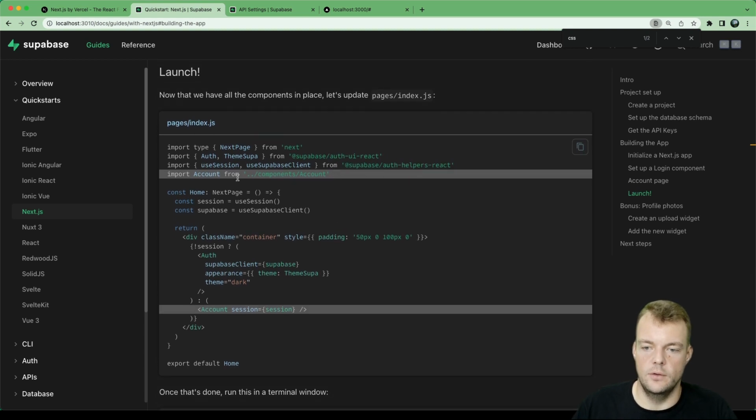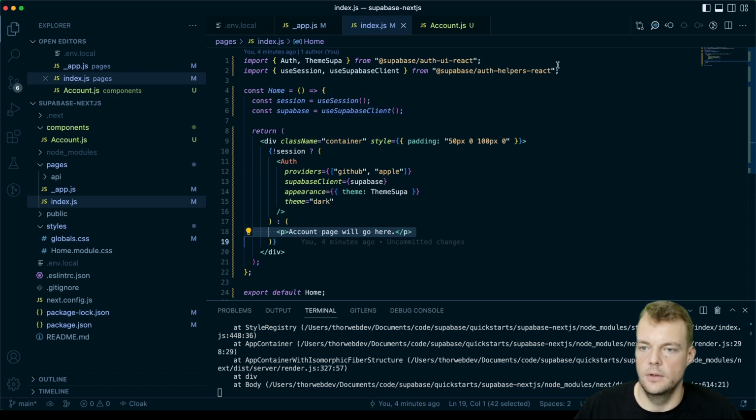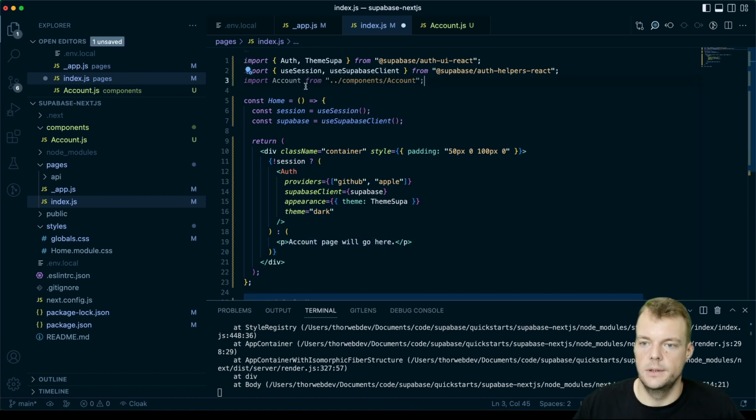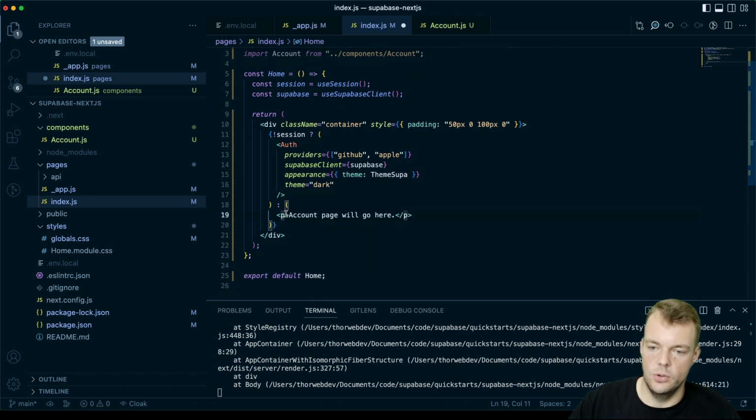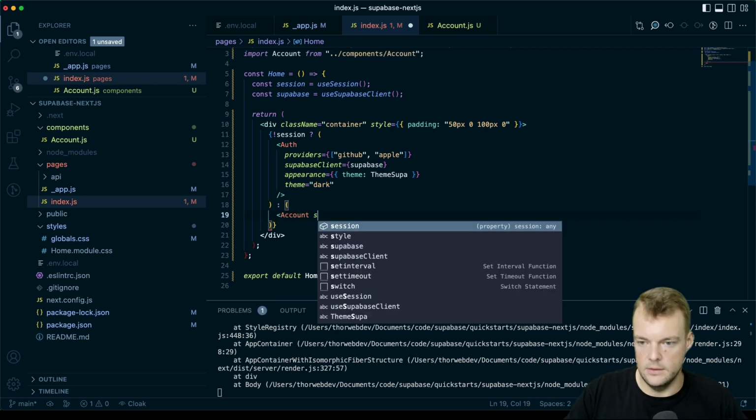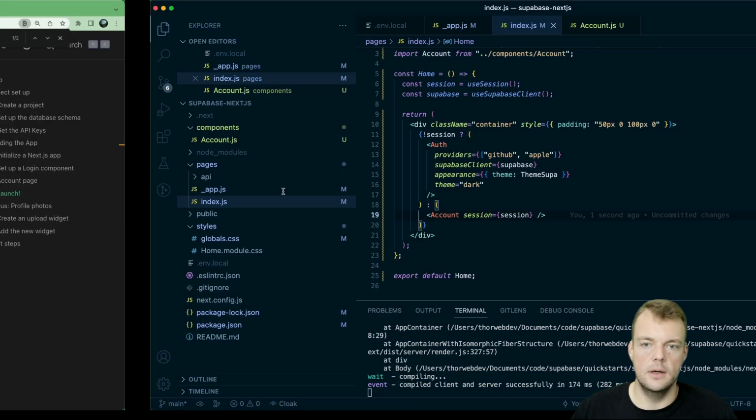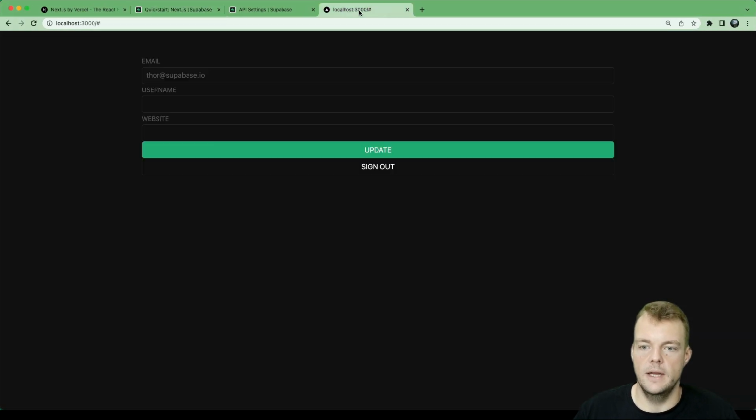And so let's go back to our index page. We can then import our account component from our components. So in our index page, we import our account, and then we can put our account page here instead of the link, and we need to pass a session to the account, which will just be our session variable, and then close this out, and there we are. And so now if we go back to our page, we can see we have our account page here,